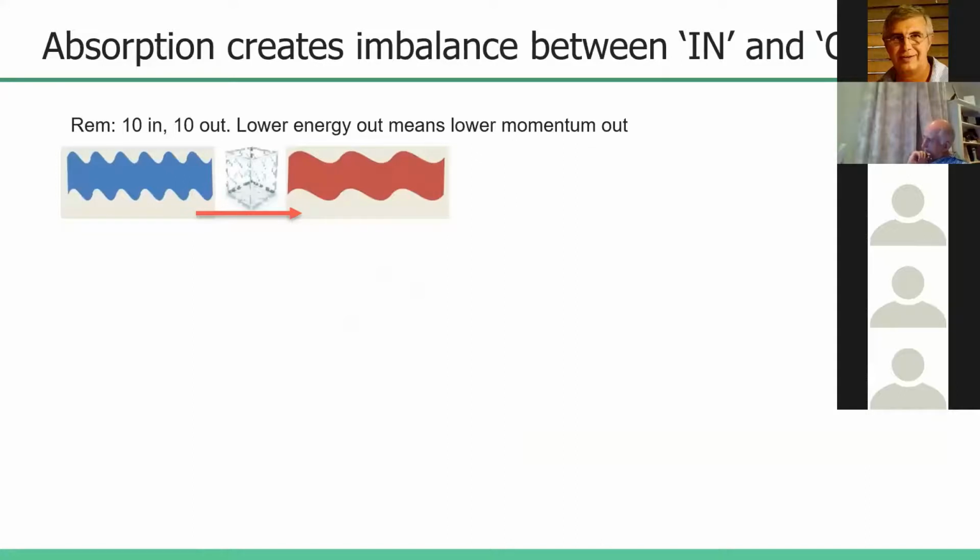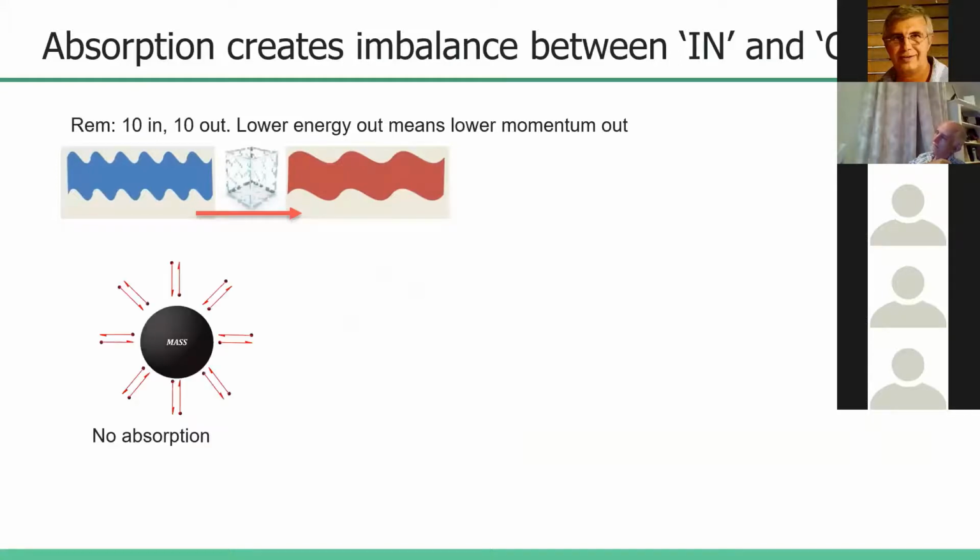We continue with our scenario of 10 photons in and 10 photons out, where the photons going out go out with slightly less energy, and we ignore the energy that was absorbed inside the mass. If we had no absorption in a mass, it would look like this. All the photons would go in one side and out the other side with equal amount. And if we were trying to construct gravity here, we would have a problem, because we might be pushing down here and create gravity, but we're also going to be pushing out on the other side. So whatever we pushed in, we push out, and things just won't work.